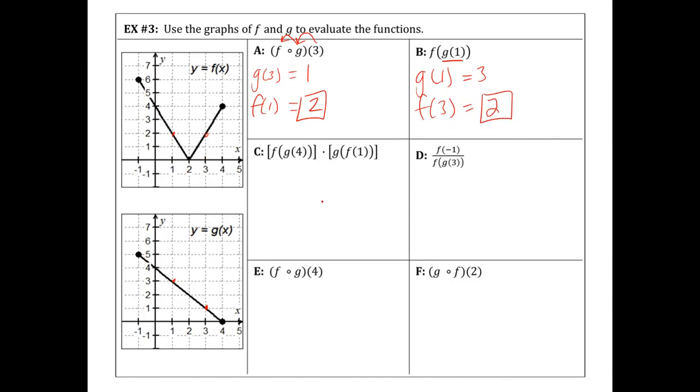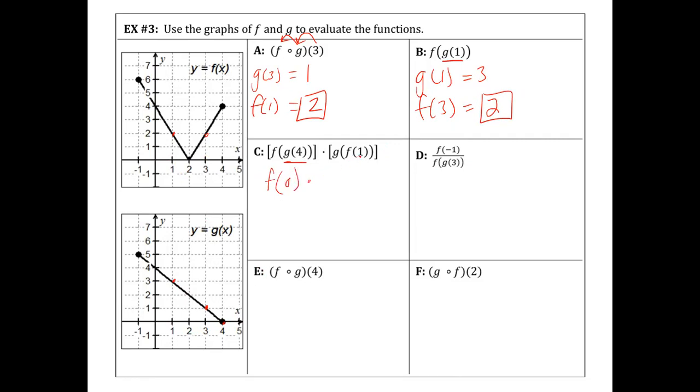Okay, now that is what you did in Algebra 2. Now you're in pre-cal. So pre-cal just involves more operations while evaluating. So here I have double composition. And so I'm going to start from the inside. So we have G of 4. So I'm going to go to G of 4 first. So G of 4, the output is 0